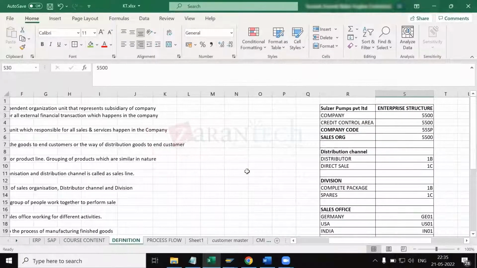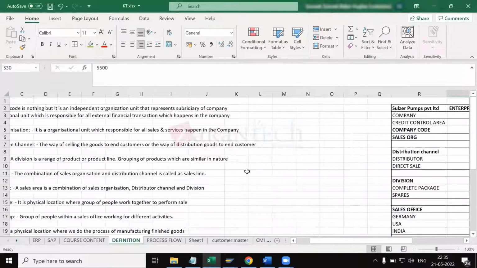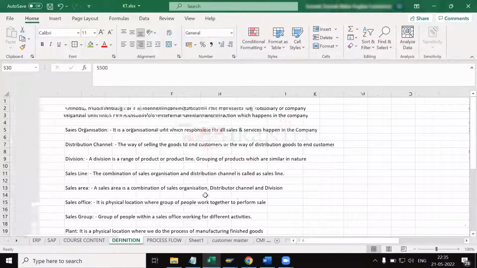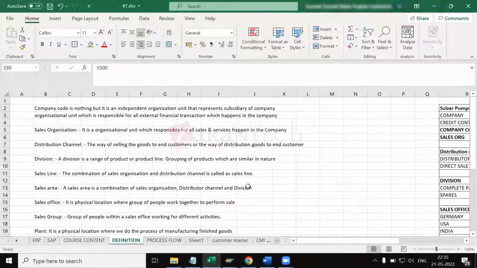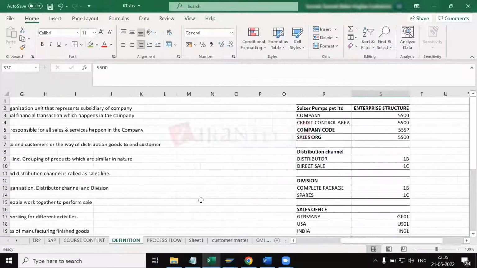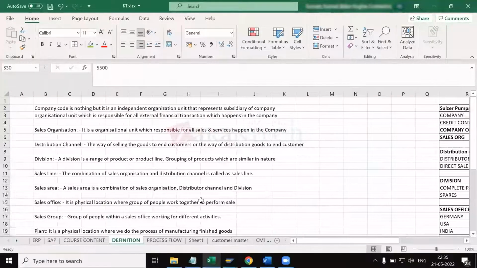Is the Excel sheet also available in the forum? No, this I have not uploaded this Excel. Is it just with you? I have just used this for the demonstration purpose. If in case you want, I will upload it. No issue. If you can, then what we can do is that